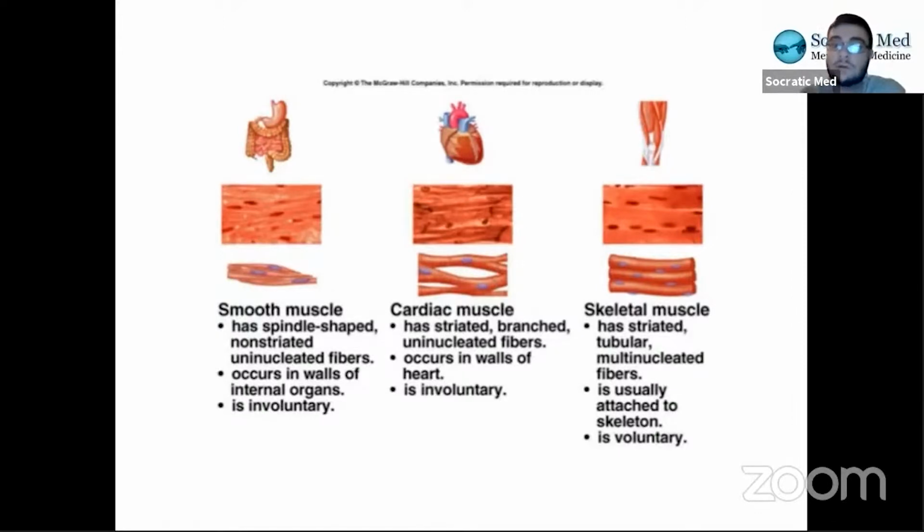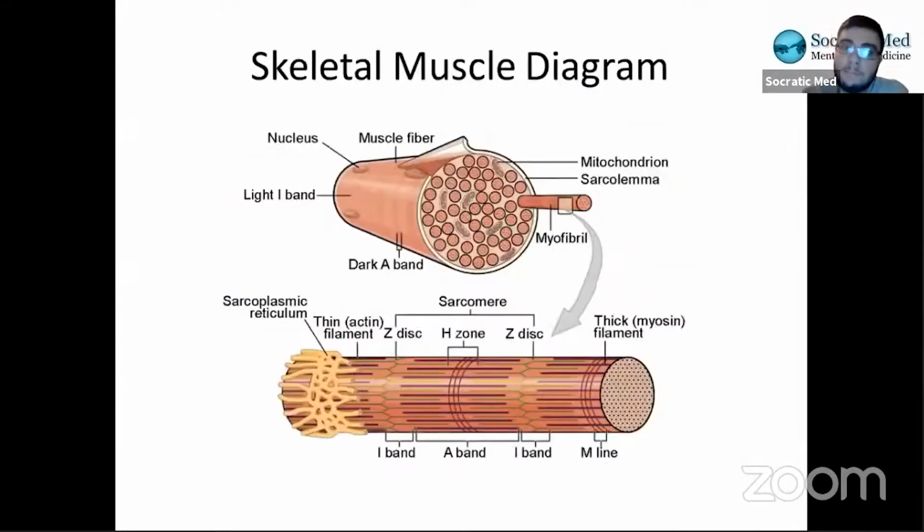A lot of different things for muscle contraction are actually fairly similar for all types of muscle, so you would be able to transfer some knowledge between them, okay? But let's move on to skeletal muscle. So this is what the diagram for skeletal muscle looks like. As you can see, this is a muscle fiber, right? It's this long tube and there are the striations here with the lines.